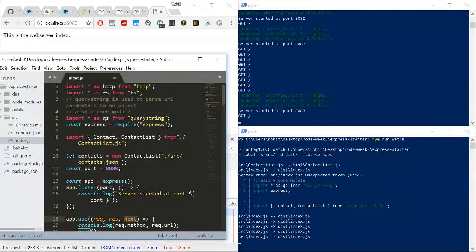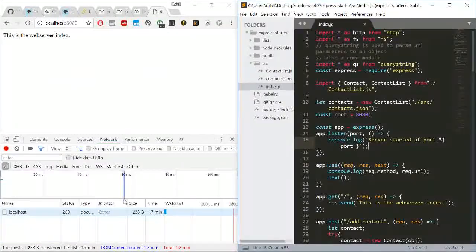Now we have this because now we're doing a console log each time you request a path. So it's like you're adding layers into the request processing mechanism. Let me just